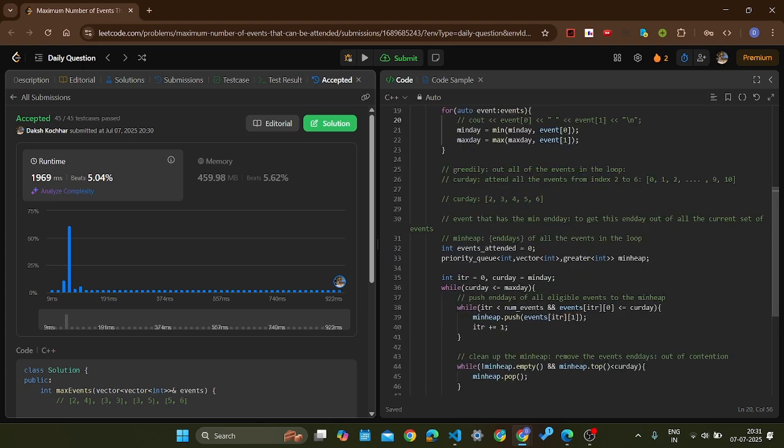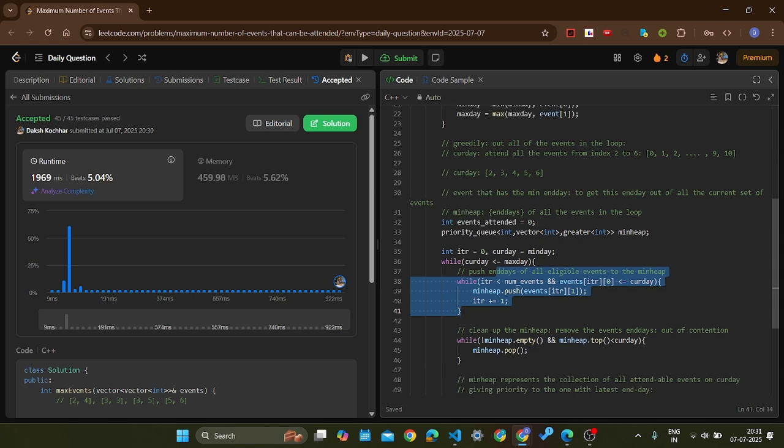But this was the good idea in this question, that we are not looking at the entire collection of events and then sorting it and then moving through that events array. We are not iterating over the events array, but we are going over the days. At every day, we are looking at what collection of events we can attend now. We are updating them in the heap, adding any new events we can attend.